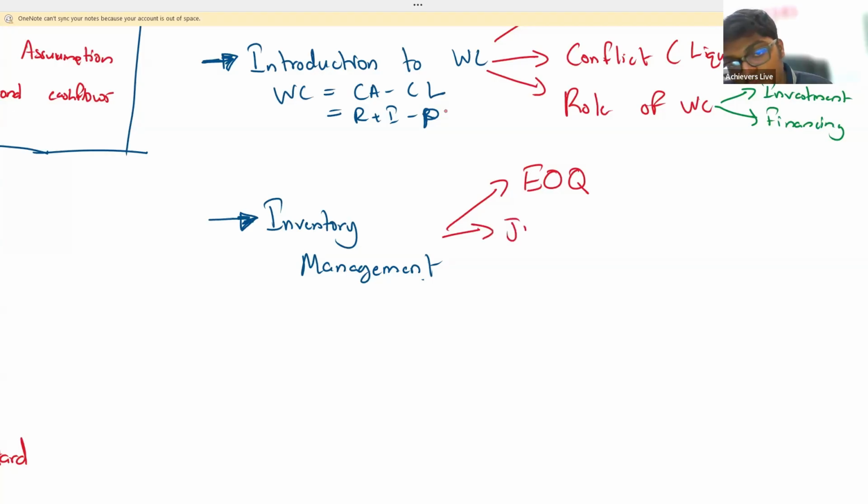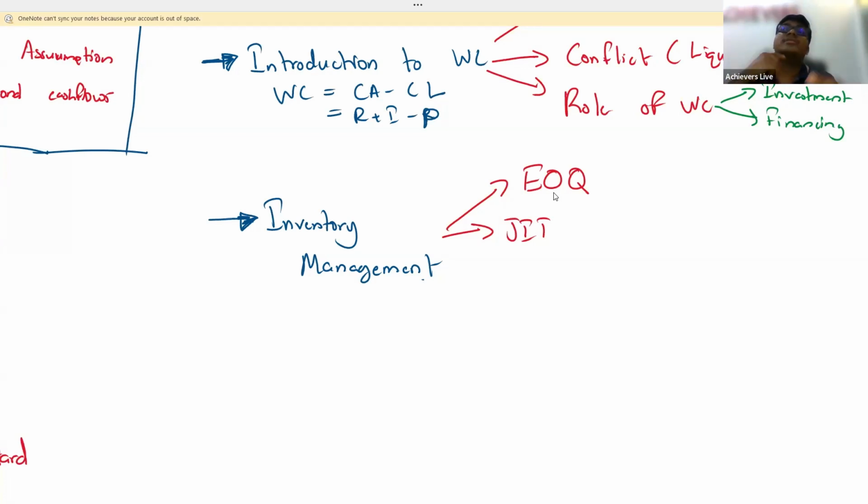Just in time inventory system, or we call it JIT. So what is just-in-time inventory system? What is the purpose of a just-in-time inventory system? In order to try to keep inventory levels at zero, improving the efficiency, reducing the wastage, having faster production period. These are goals of a just-in-time inventory system.